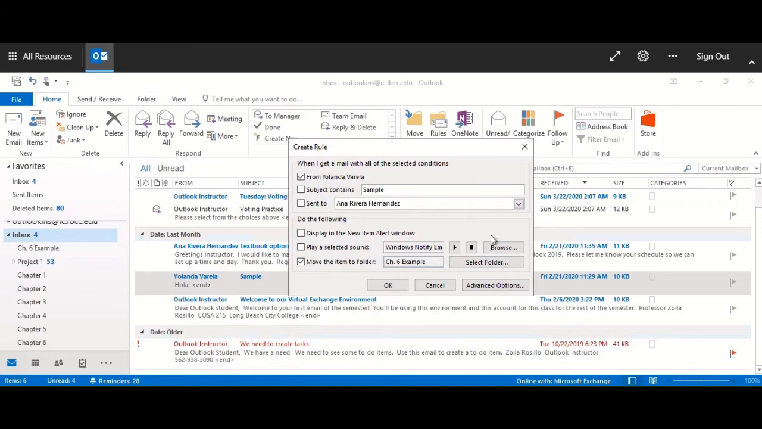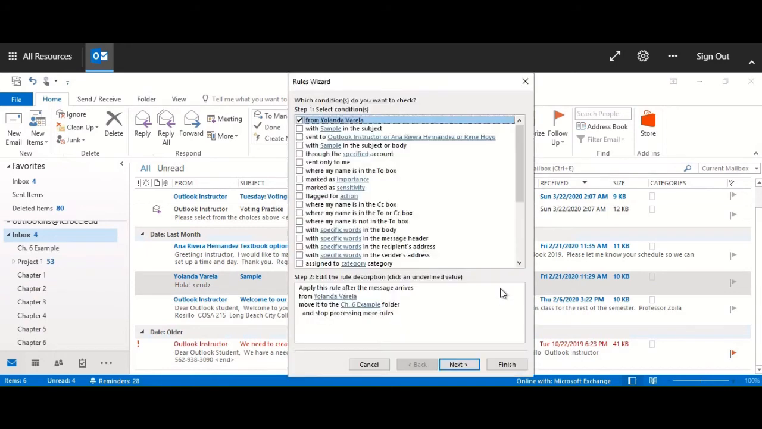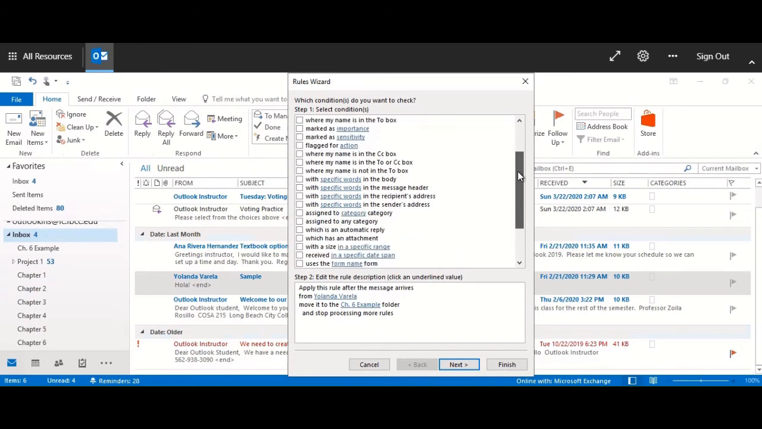What I'm going to do now, guys and gals, is I'm going to go into my advanced options here to create an advanced rule. And I want you to notice that I do indeed still have my condition. It's from Yolanda, right? But look at your templates. Look at all the other things that you could select here with specific words. Do you remember the example that I gave you? What if you guys are working on some sort of fundraiser, right? You would select with specific words, for example,